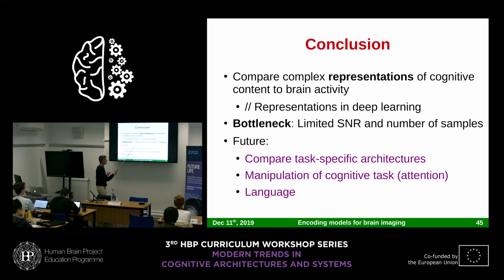There's a big bottleneck, which is a limited SNR of the data. It's true for fMRI, but it's also true for MEG, EEG, or any modality that you would use. And because we can only acquire a limited number of samples, there is lots of ongoing work. I think one of the interesting works, actually, it relates to your question. You can design different architectures for different tasks, and how well these different architectures will explain brain activity, I think it's a key question. And also working with language, for instance, is a big challenge, because language is a complex content for which now we start to have good computational models, and so we could compare these models to brain